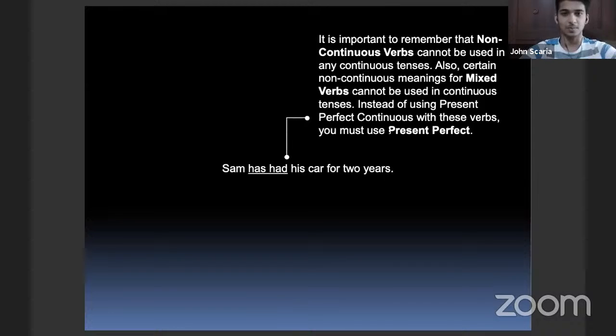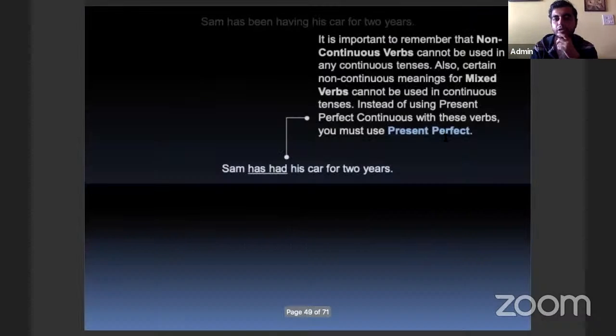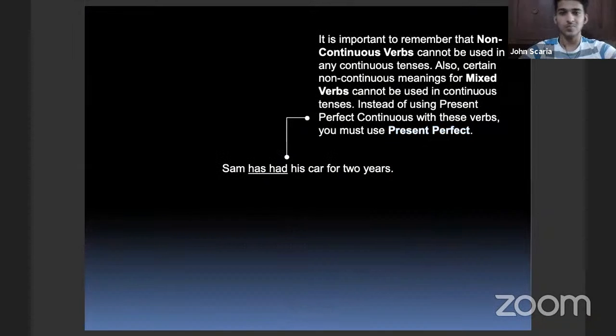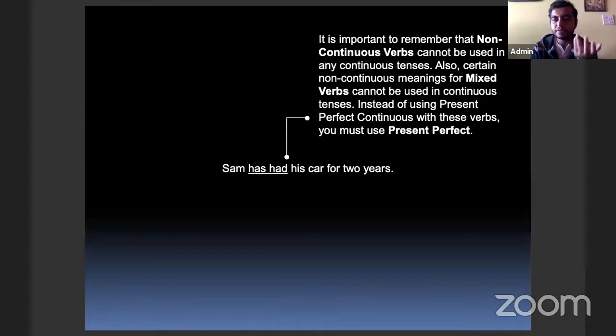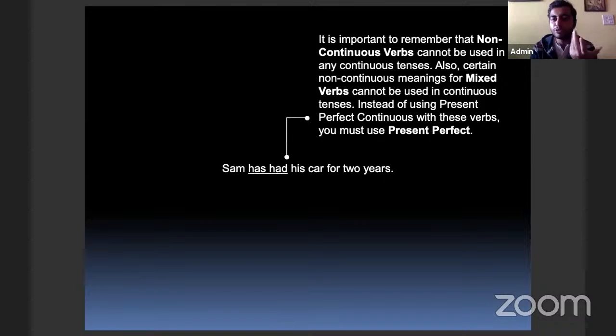Even then, owning is a non-continuous verb. You cannot see someone owning, no? For all you might know, Sam might have stolen this car. You just see Sam driving around in a car. You don't go and ask, Sam, show me your papers. Sam will say, who are you? Are you traffic police? You will say no. Then Sam will say, get lost.